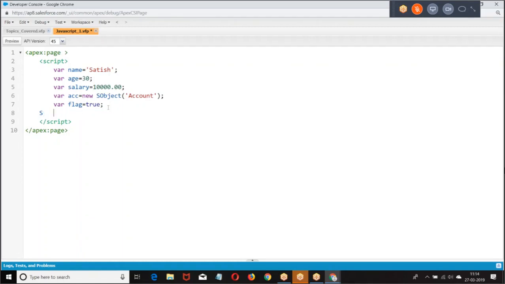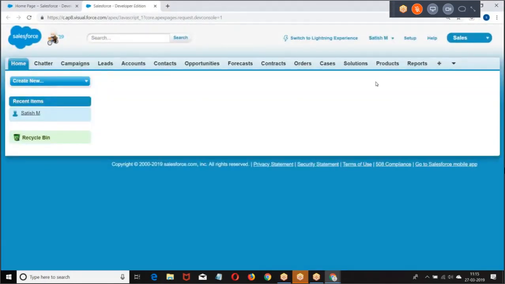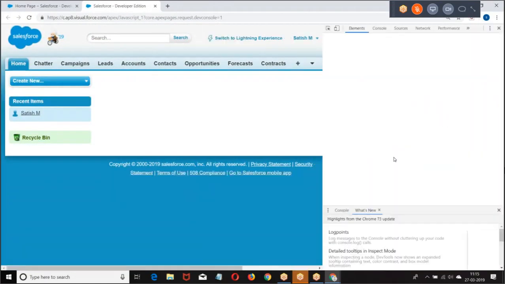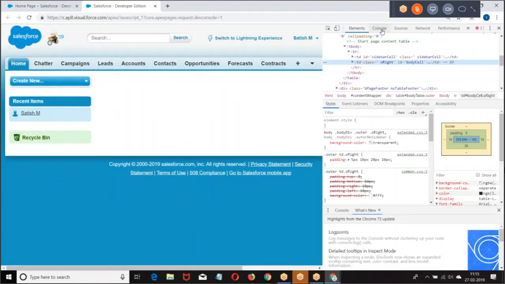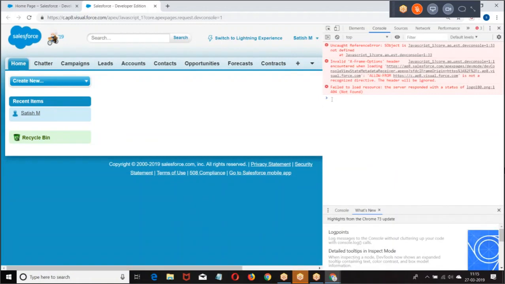Similarly, in JavaScript, if you want to test it, we give console.log. Save it. Preview. Then give a right click. What do we have? Inspect. What are we finding here? Console. Here the message will be.